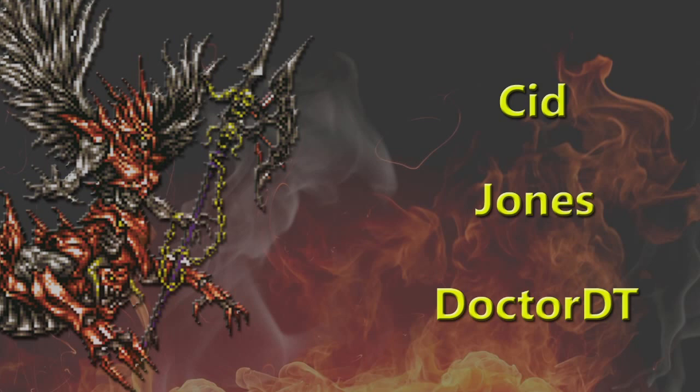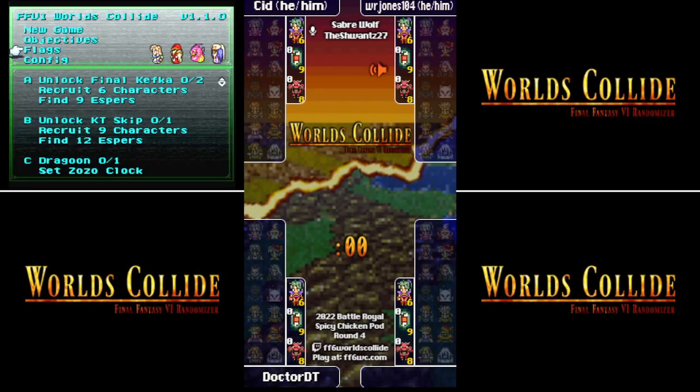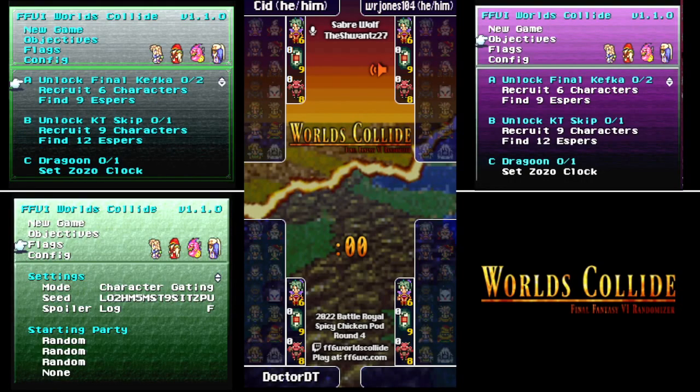The flag settings are the same as they were in round 3. But just to go over them briefly, we're looking for 6 characters and 9 espers. We start off with 3 characters. As you see over on Sid's screen, you could get a Kefka's Tower skip if you get either 9 characters or 12 espers. Setting the Zozo clock will get you a Dragoon set. Buying the Tizen Thief will add 10 boss levels to any boss that you fight. Getting the... excuse me, no, that's the 10 extra Kefka levels, rather. The auction house is the...